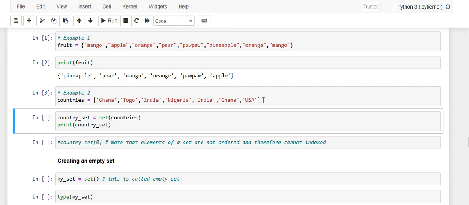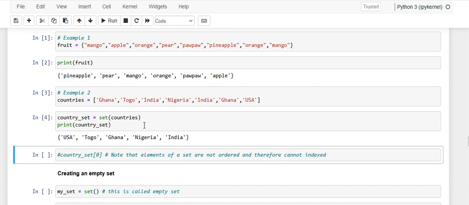Again, Ghana and India are repeating in this particular list. When we turn this to a set, it will automatically take off the repetition, and now we have USA, Togo, Ghana, Nigeria, and India. If you create this set again or run this whole thing again, the arrangement will change, or the printing that you are seeing here may change. A set does not order your data, so anytime you run it, it may change, and that should be cool. Okay,